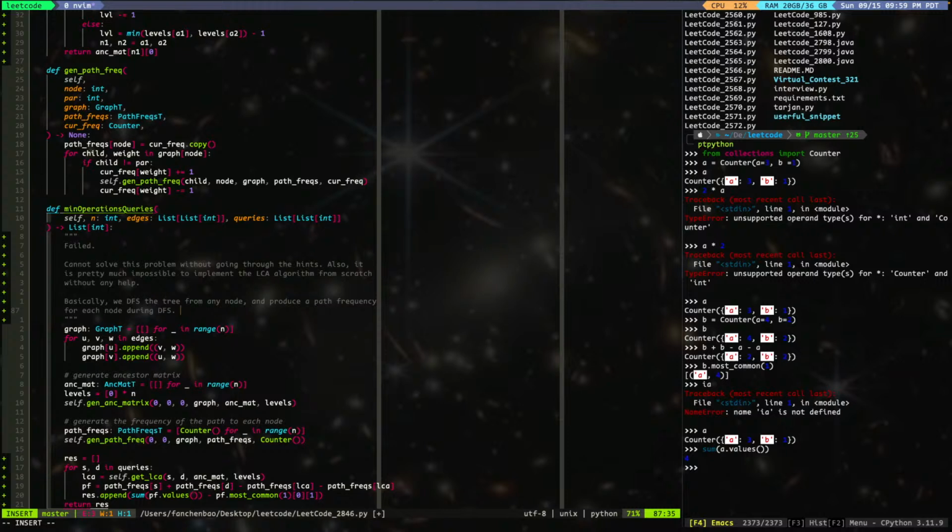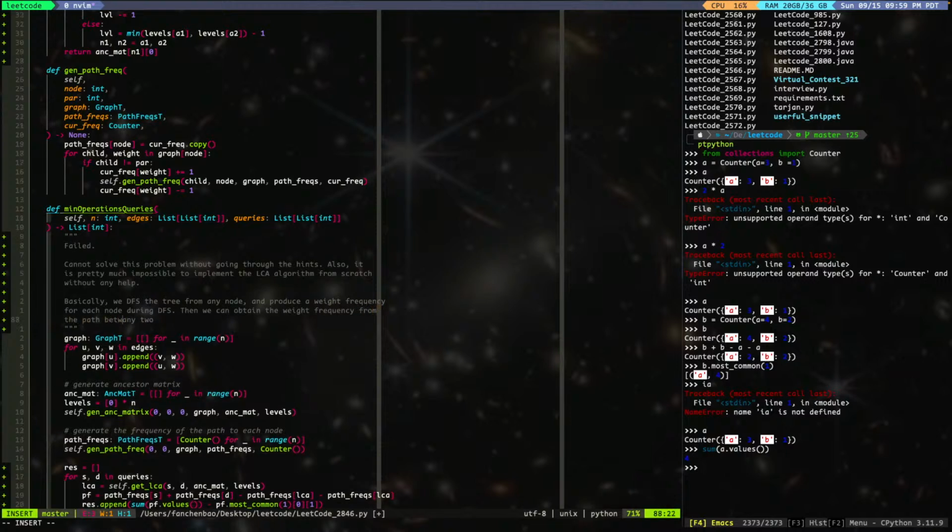I'm back. I just finished writing this. We DFS the tree from any node and produce a path frequency for each node during DFS. And we can obtain, right, the path from any two. Can get the path, not path frequency. It should be the weight frequency. Yeah, we can obtain the weight frequency from